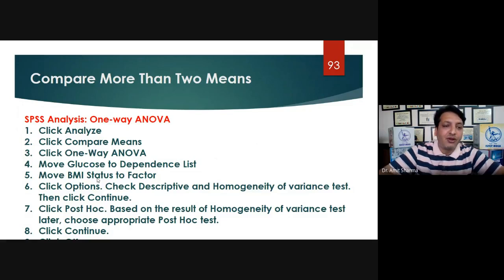And also click on the Post Hoc. So the post hoc test will also be applied under the ANOVA only, which is going to give you the comparison of A with B, B with C, and C with A. That means it is going to tell you which group is better as compared to the other group, or how much is the difference between A, B, and C. So if you choose all these options and follow all the nine steps, you can proceed with ANOVA.